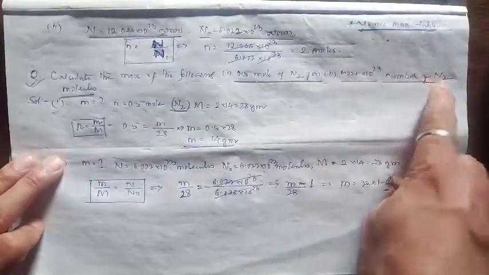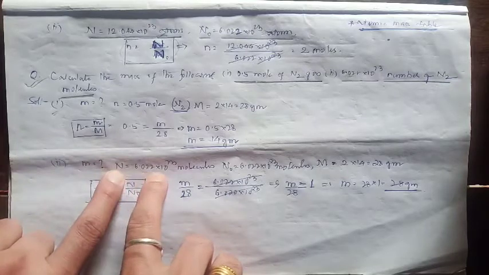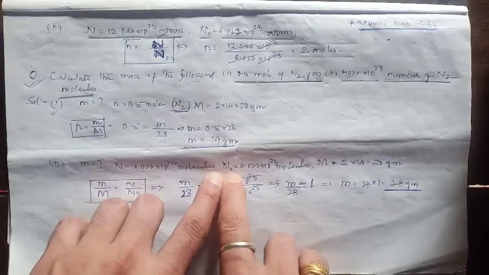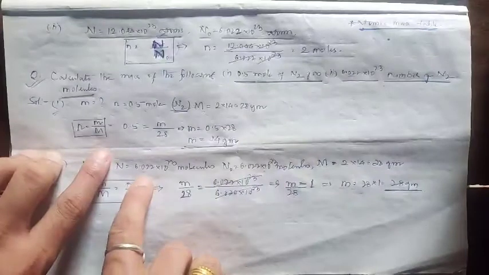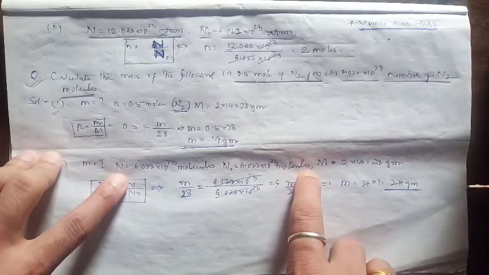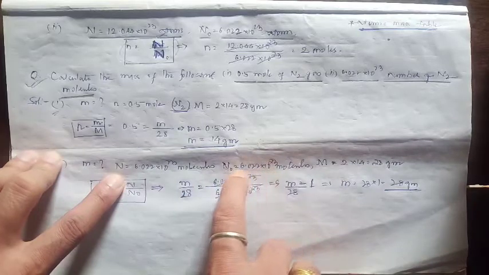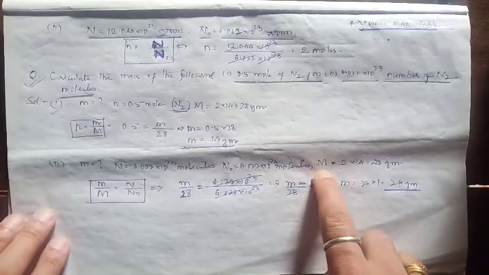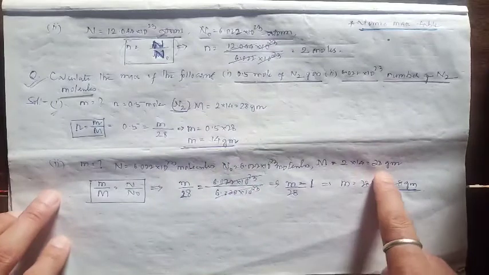Similarly, we have another part. Here also we have to calculate the mass, small m. Capital N is given to us: 6.022 × 10^23 molecules of nitrogen. N₀ is the Avogadro number, 6.022 × 10^23 molecules. One more point, student: if the quantity is given as molecules, with Avogadro's number we also write molecules. If it was given as atoms, we would have written atoms for Avogadro's number too. So the unit should be uniform. Now capital M is the molar mass of nitrogen gas, as we calculated: 2 × 14, that's 28 grams.